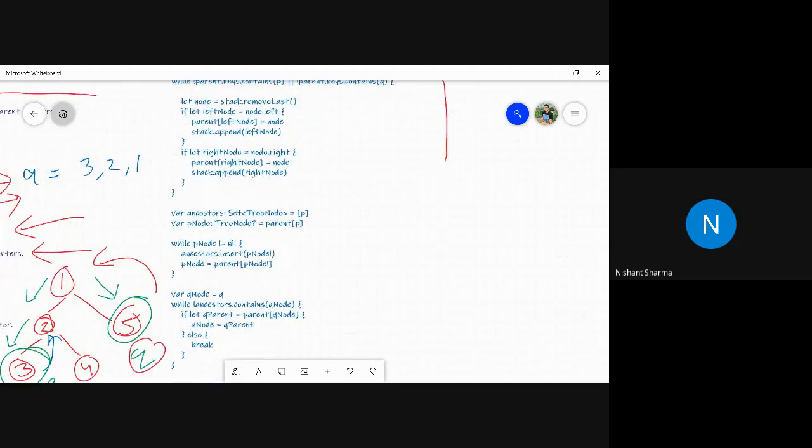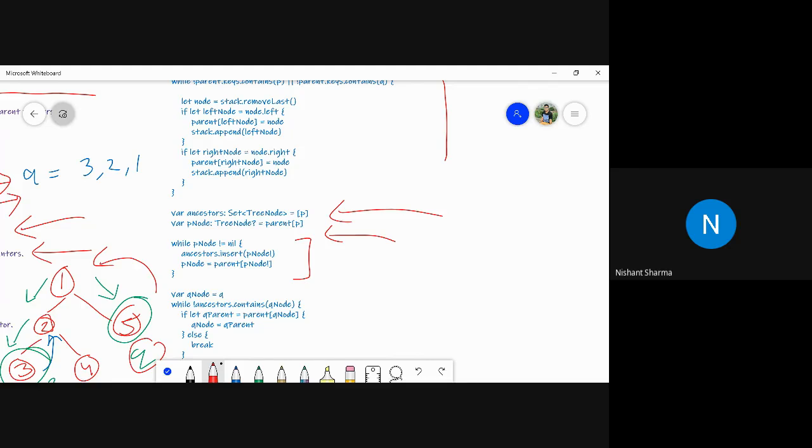Then again, we took a set in which we stored the ancestor as P. We find the parent node for the P node, using this P node, and store it in the ancestor set itself.